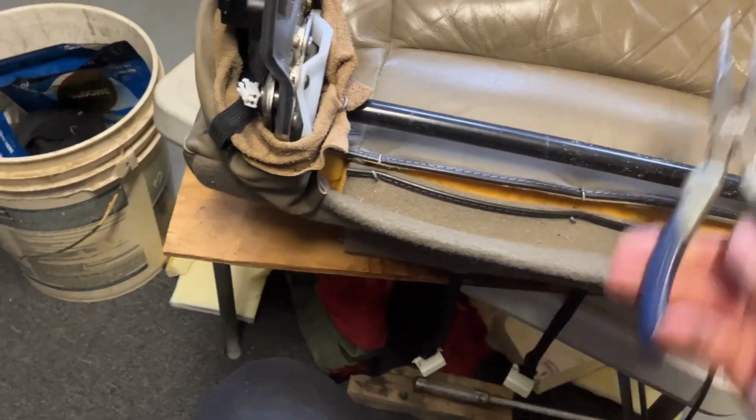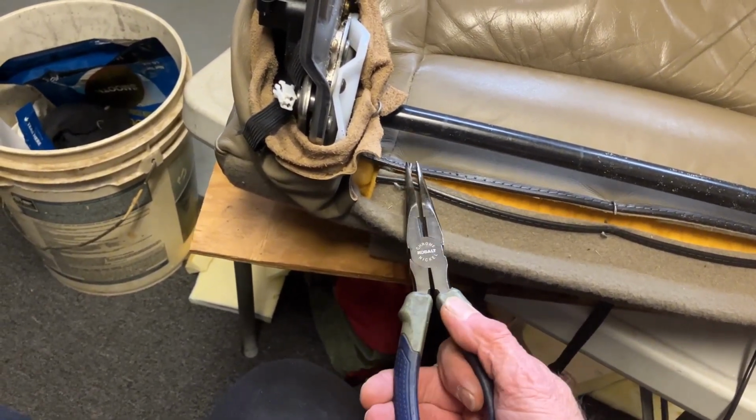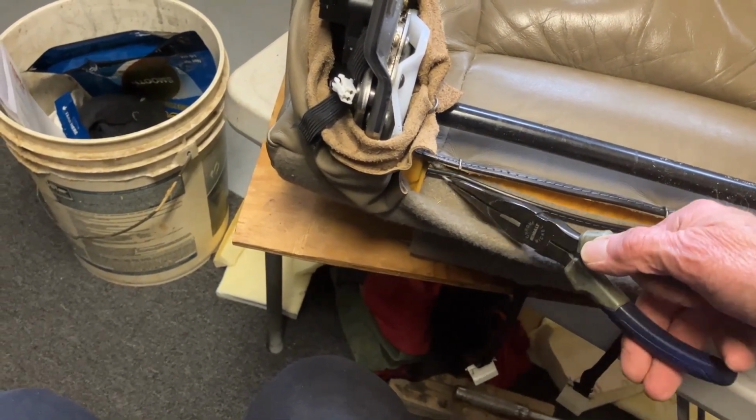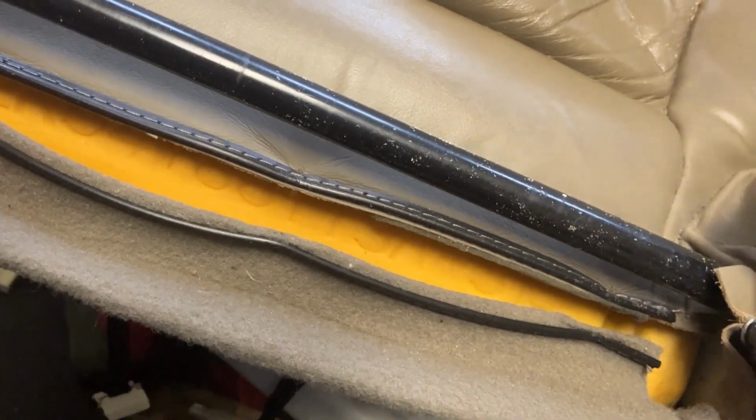Now I can work on this stitching, this ripped leather, and make it strong, hopefully. Two more hog rings. One here. Maybe there's two on each side, yeah. So there's one at the top, one at the bottom here. Wow. Okay, so